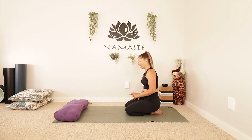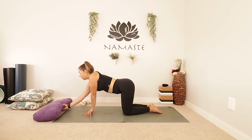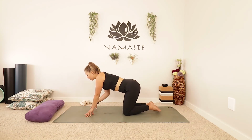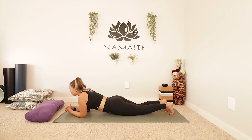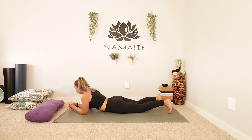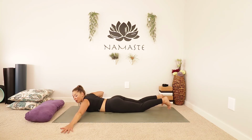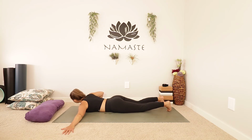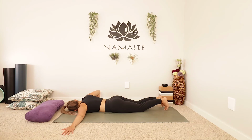Awesome job, you guys. Okay, let's lay on our stomachs next. So if you are still on your back, turn on over. Laying on your stomach. Let's do one more for the shoulders. So that left arm's going to come out to the side, nice and straight, palm facing down. Left cheek to the mat, and then we're just going to start to roll, or you can stay on your tummy,